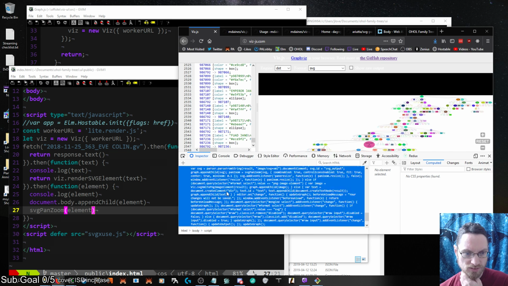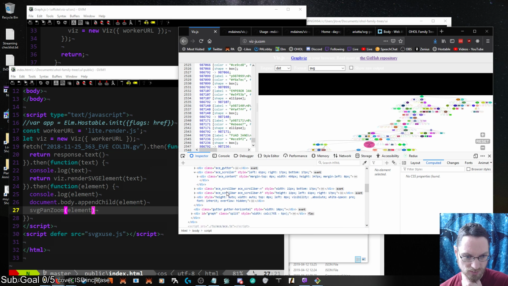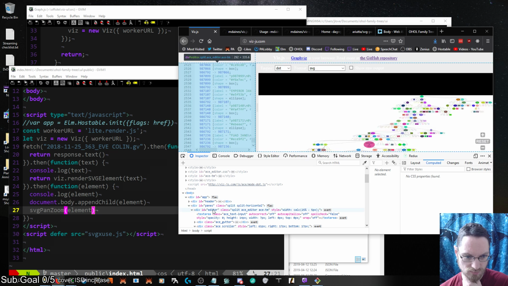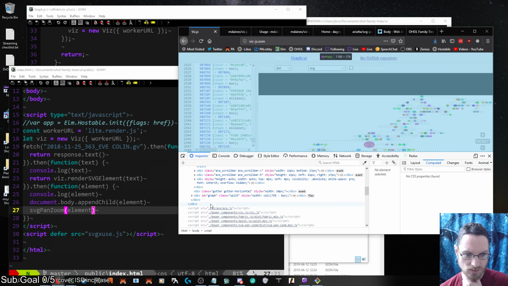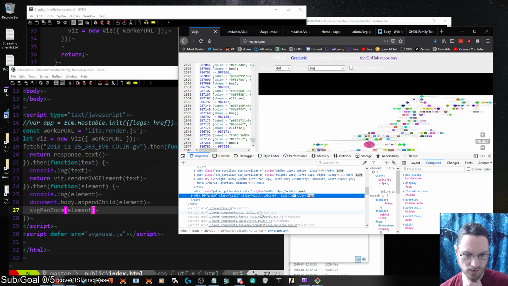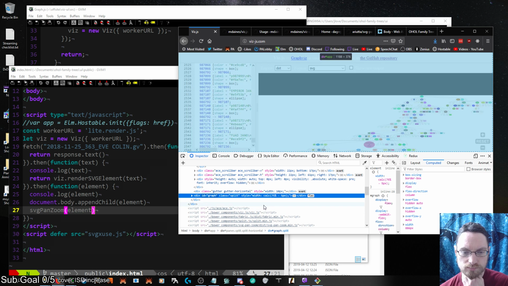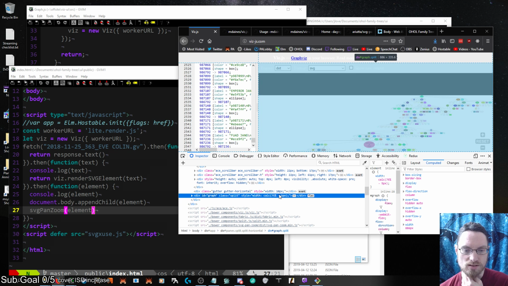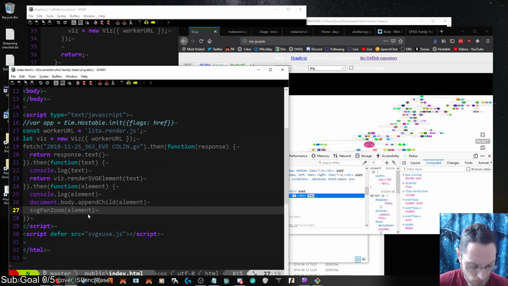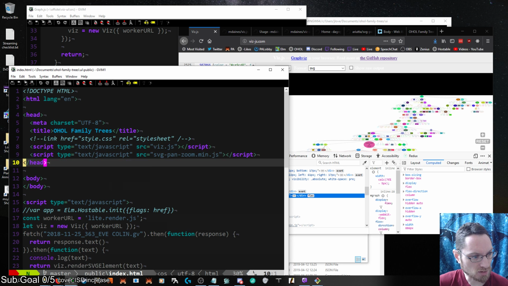So I think I saw something on the parent of this. Panes editor graph. Yeah, so this must be the split thing. So we actually want to do something like